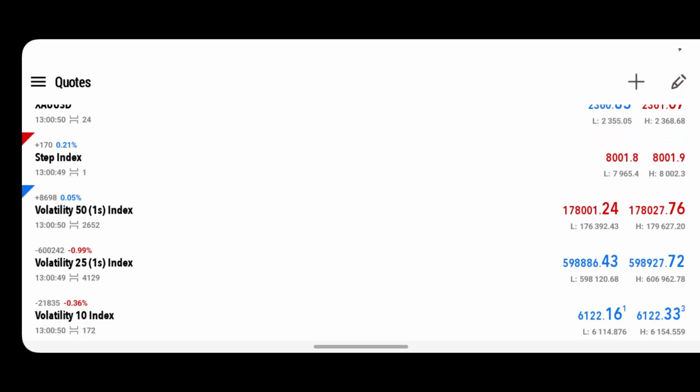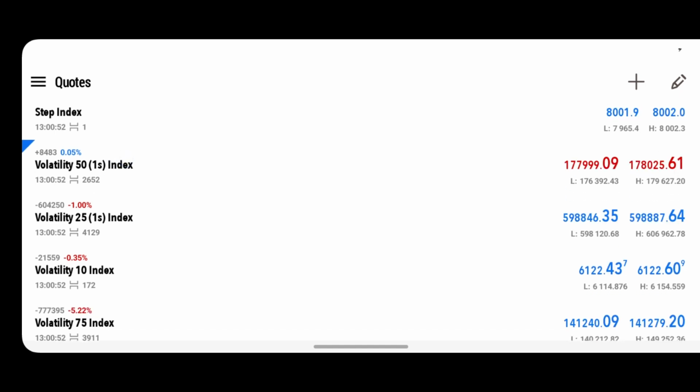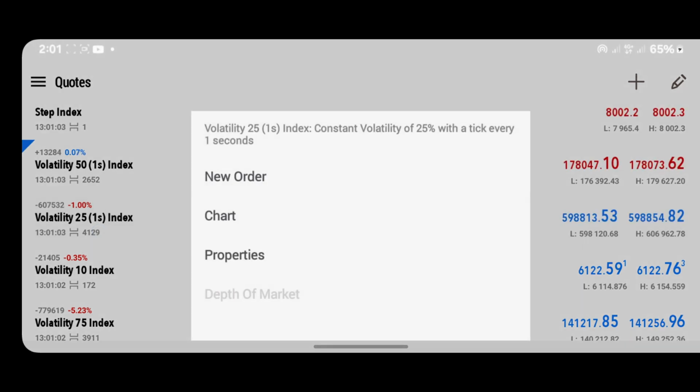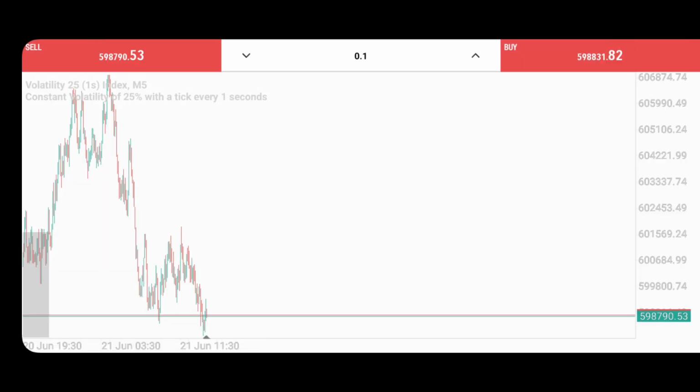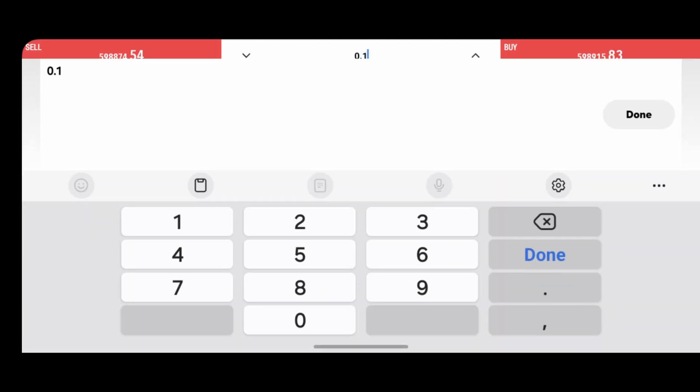Whenever you want to make an entry into any trade and you are not sure of the least lot size of that particular pair, what you need to do is, for instance, I want to take a position on V25 1S. Look at this point where they wrote 0.01. You need to remove that lot size by canceling whatever number you are seeing there. Now I am not sure of the lot size I'm supposed to use to trade this V25 1S, so I have to cancel this and then write